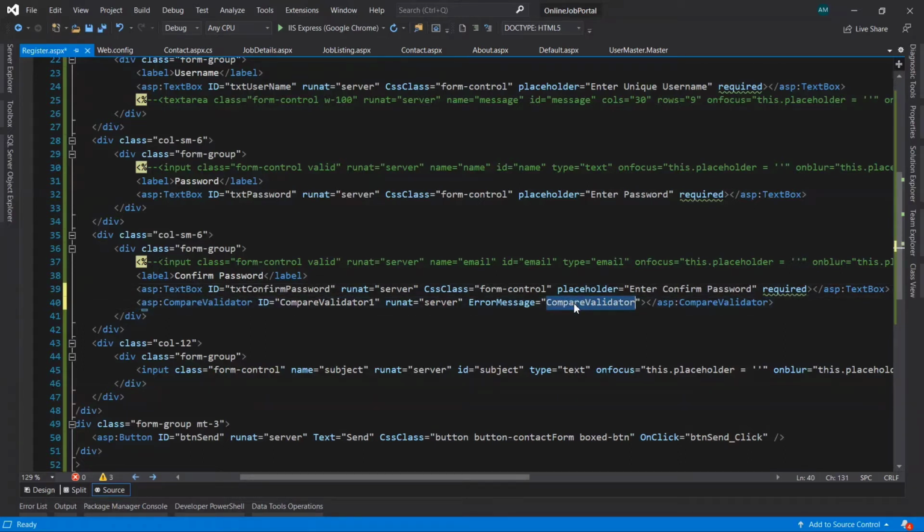Let's give an error message: Password and confirm password should be same.